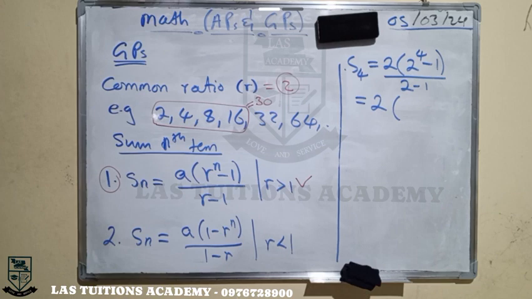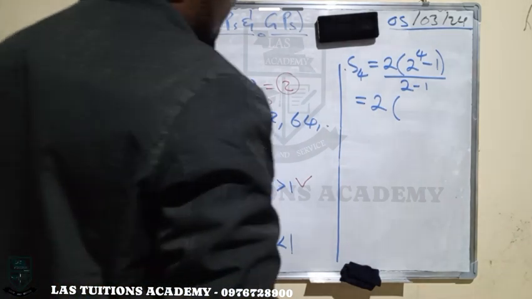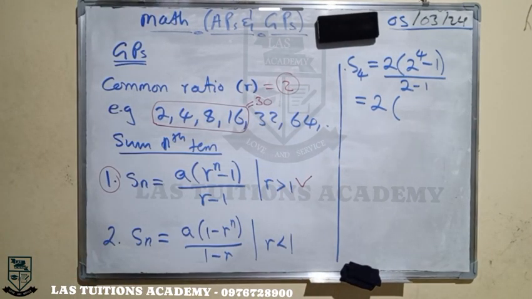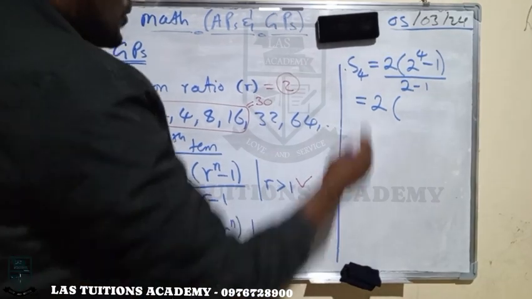I'm solving. Okay, so we wait for your answer. 32. Okay, Patrick, do you agree with that? No, that's 16. What is your answer if you don't agree? That's 16. Okay, so for 2 to the power 4